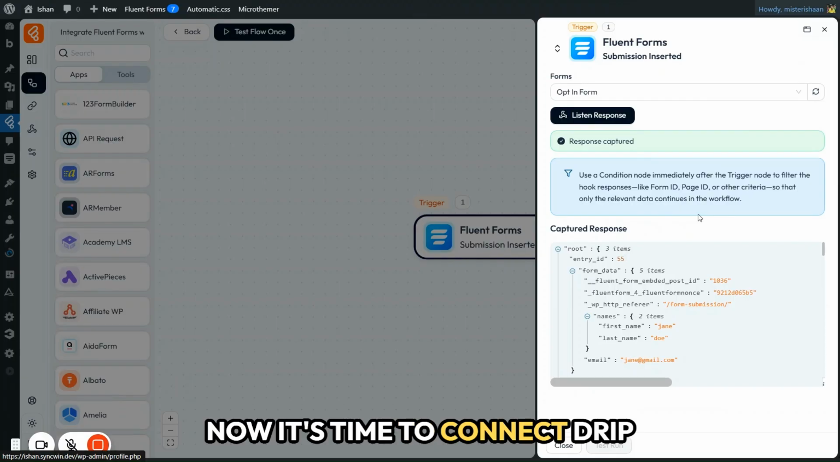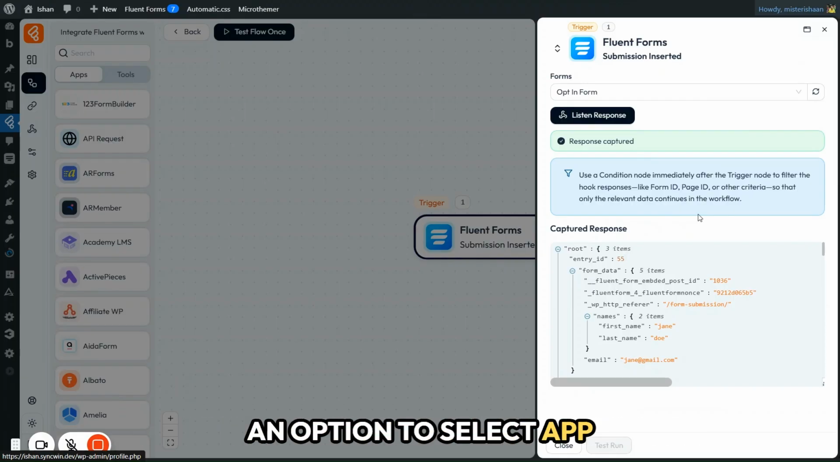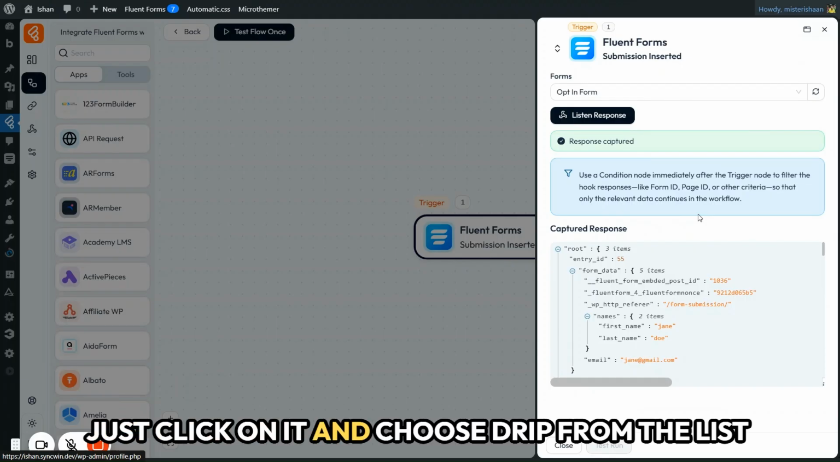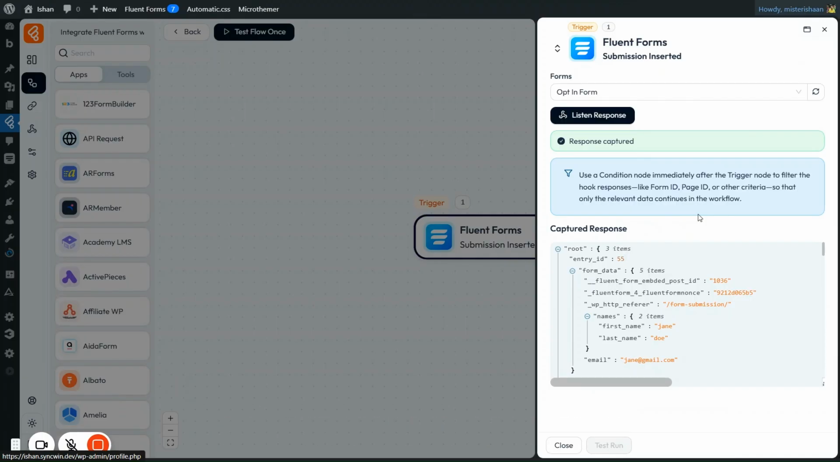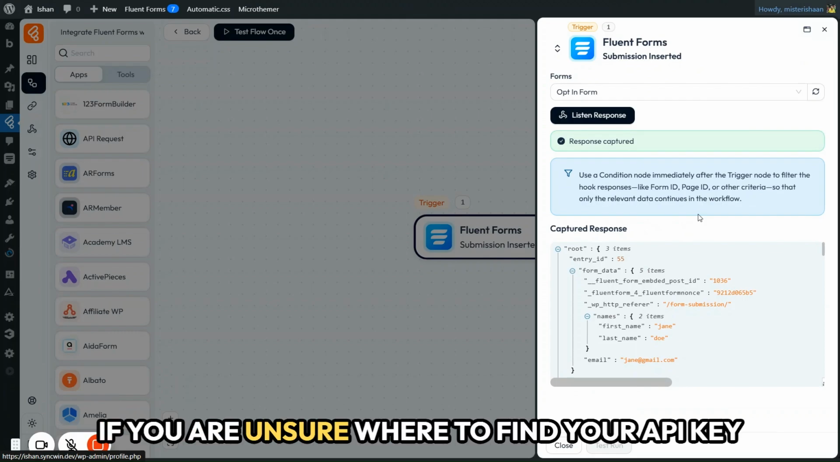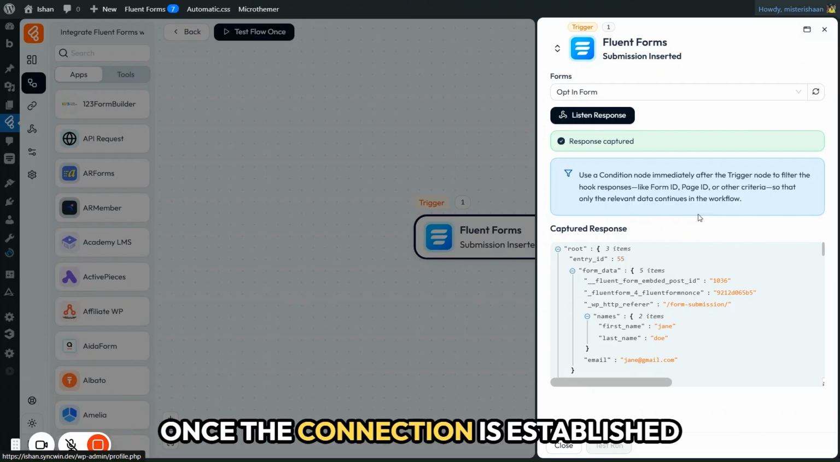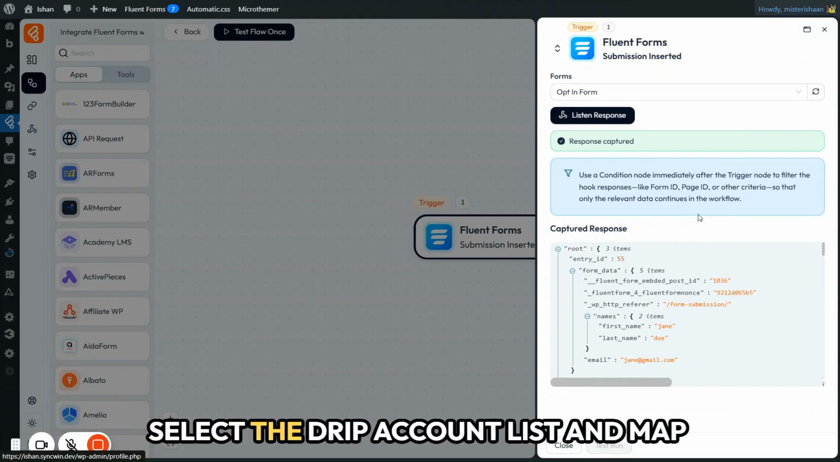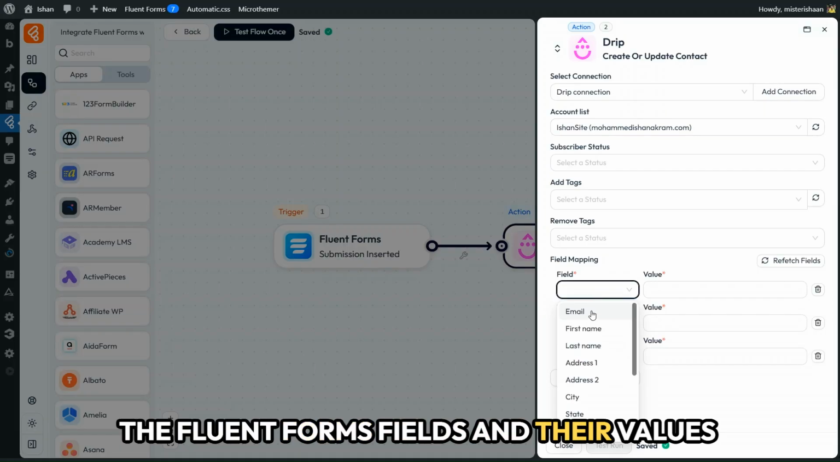Now it's time to connect Drip. Right next to Fluent Forms, you will see an option to select app. Just click on it and choose Drip from the list and the appropriate action. To set up the connection, click on Add Connection and enter your API key. If you are unsure where to find your API key, I have linked a guide in the description below. Once the connection is established, select the Drip account list and map the Fluent Forms fields and their values from